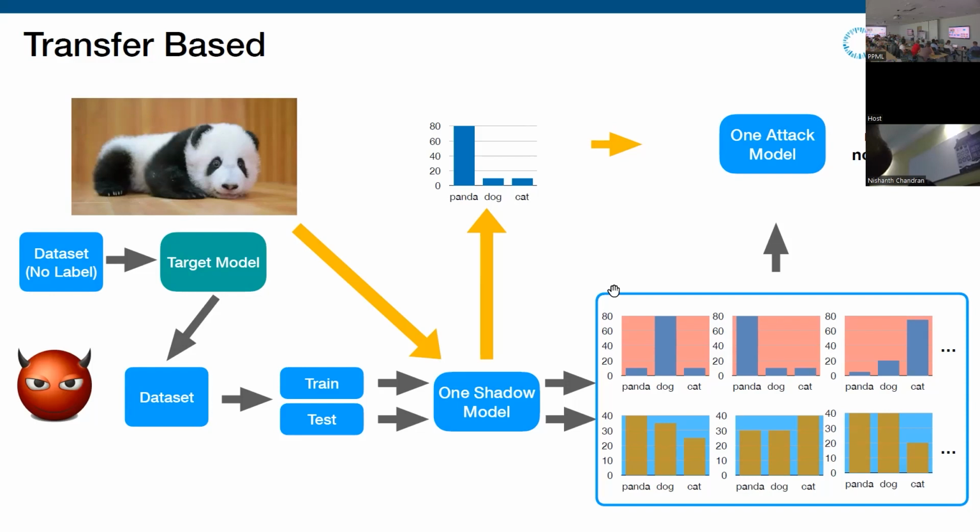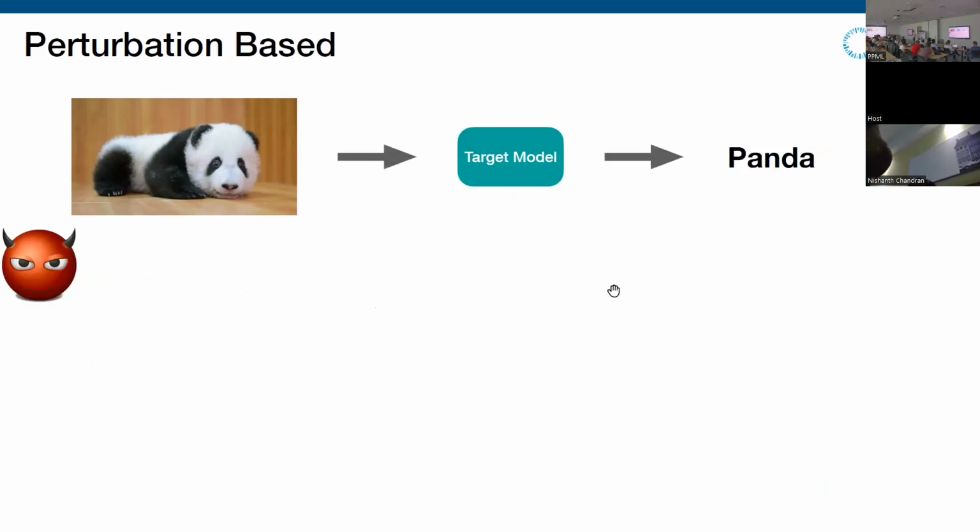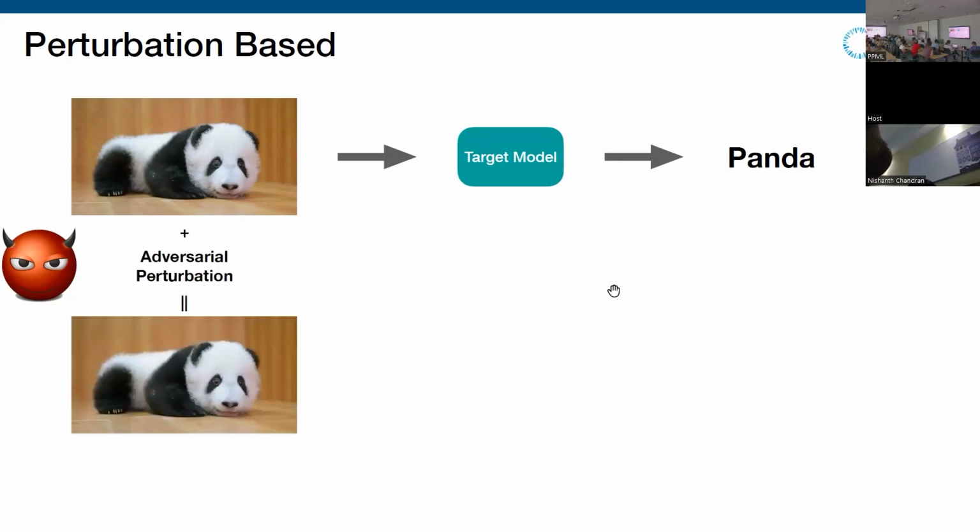All right, so this is the first attack. The second attack is the more popular one, and also the one that Google did. It's a perturbation-based attack. You have heard about adversarial examples, I think. Adversarial examples are the most popular security attack against machine learning models. It works as follows. If I have an image and I throw it to the target model, it tells me it's a panda. Then the attacker adds some human-imperceptible noise to the image, specifically optimized and crafted, and I throw this to the target model, and suddenly it recognizes it as a cat.